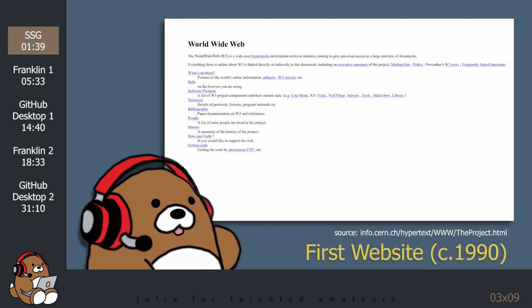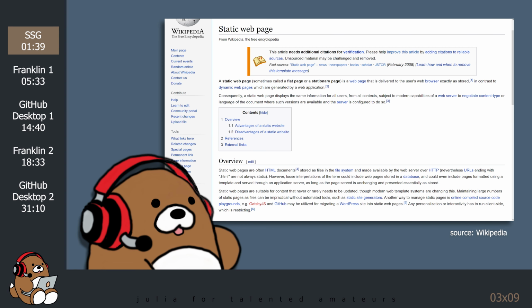Before we get to Franklin, let's back up and go through a brief history of web development. When Tim Berners-Lee invented the World Wide Web in 1990, his initial website was a static website, meaning that the web pages that a visitor to his website saw in their browser were exactly what was stored on his web server. That's because the files that were stored on his web server were the exact HTML code that he had personally written. In the early days of the web, all websites were static websites filled with static web pages.